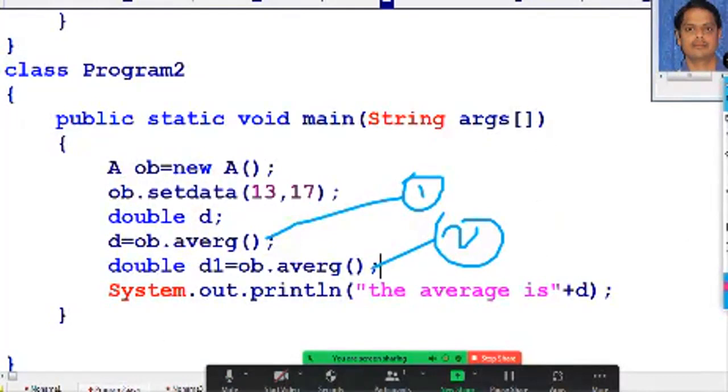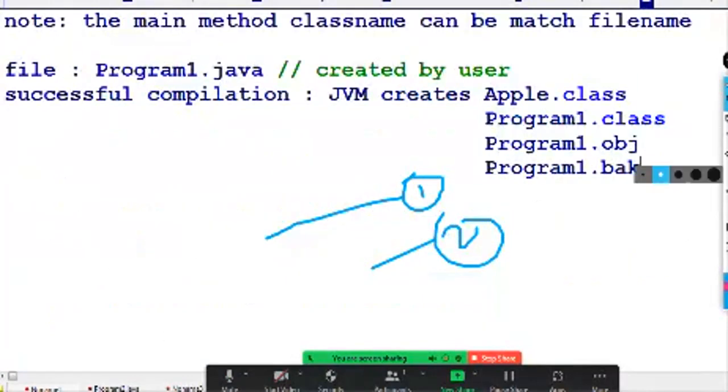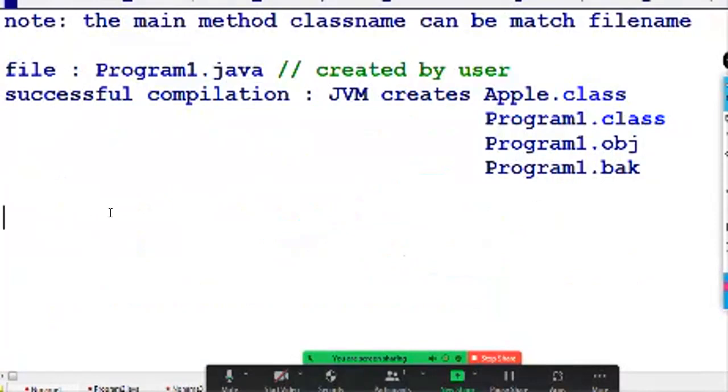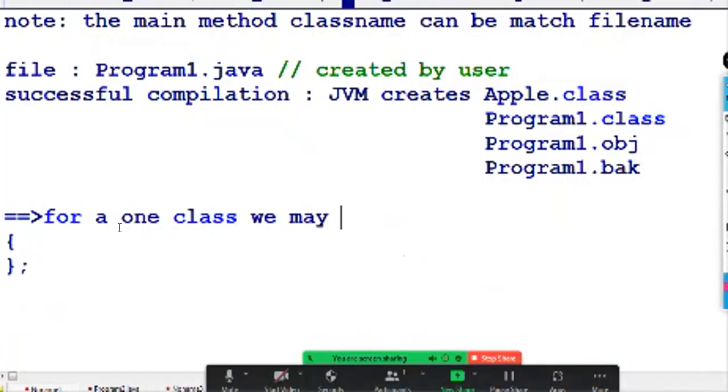So these are the points we have to clear. For one class, we may create many more objects. Point is clear.